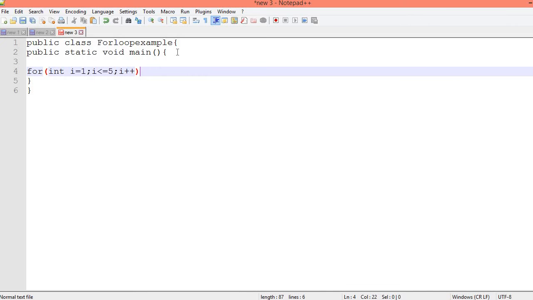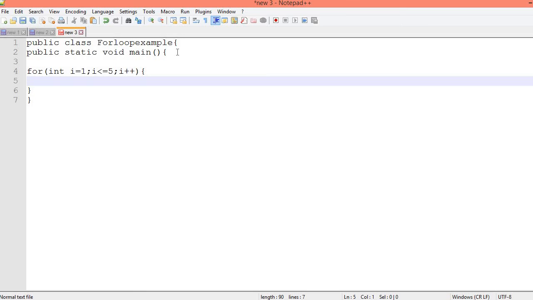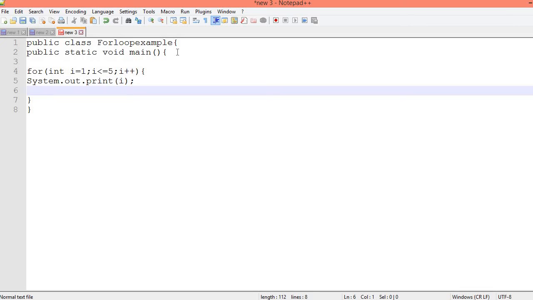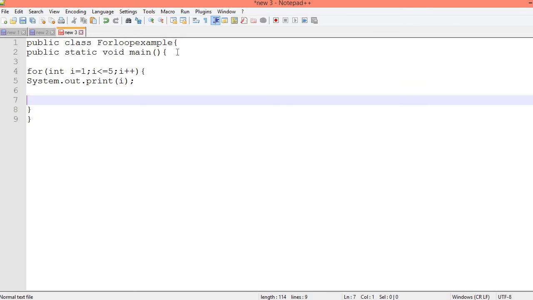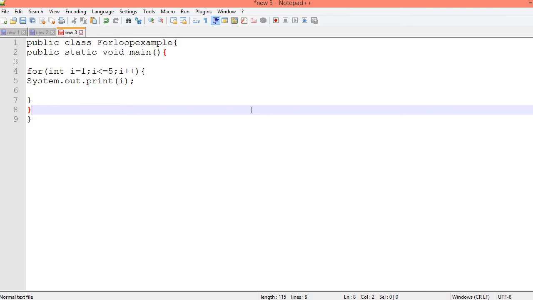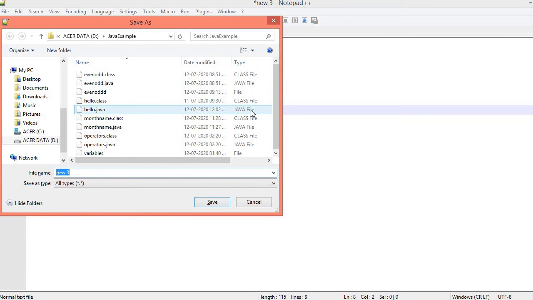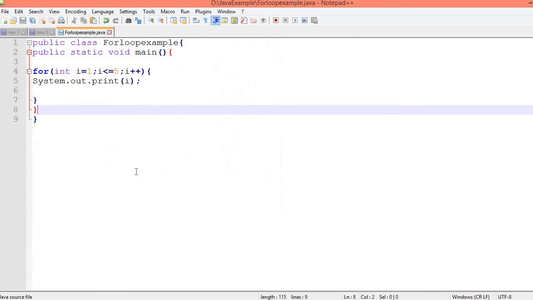Okay, so inside I will write one print statement, System.out.print(i). Okay, so close the curly braces. That's all. Let's save the program by class name ForLoopExample.java.